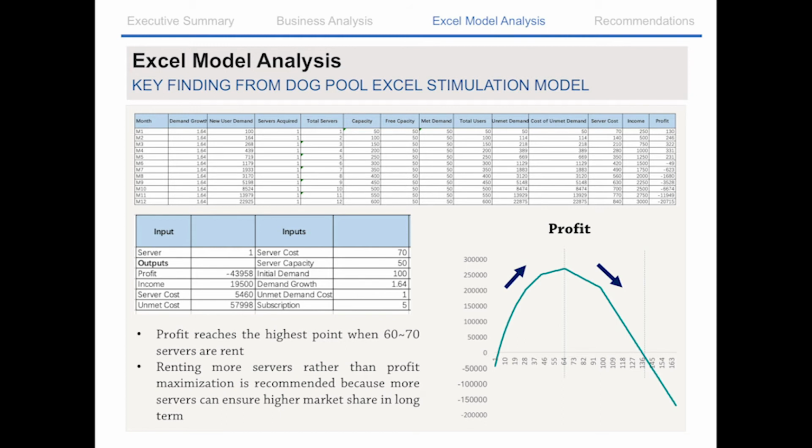Then, on part B, you can see the curve is going down. The profit is getting less with the increasing number of servers, but still we need to highlight something: in this range, even though our profit will be less than the previous condition, the growing number of servers allows us to serve more clients.